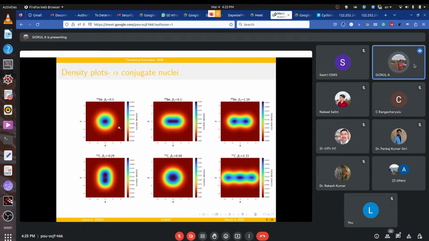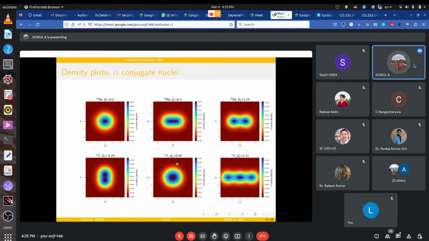As we increase the deformation, we can see it moves into a clustered state with 2 alpha nuclei, and considering carbon-12, which is of 3 alphas,